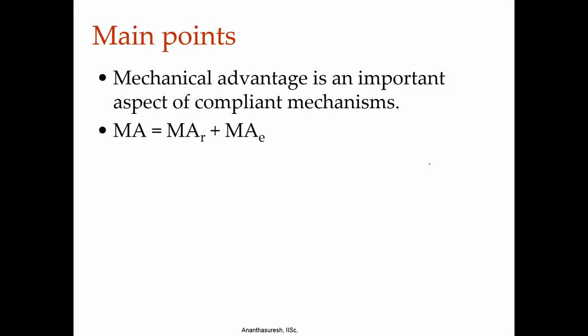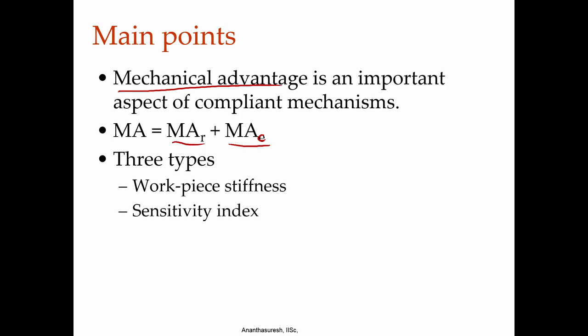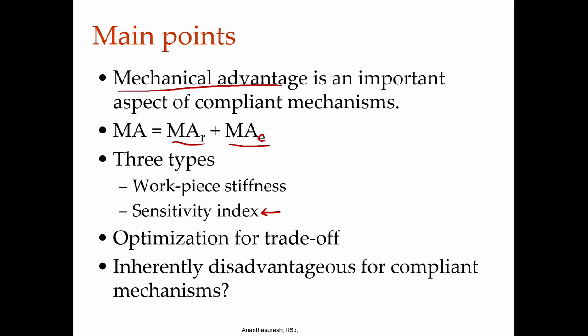So, with mechanical advantage, with the work that was developed by Solomon and Midha, one can go a little farther, and let us just summarize. It is a very important aspect of designing compliant mechanisms, that is mechanical advantage. It has a rigid body and an elastic or compliant part to it, and three types of mechanical advantage can be defined based on workpiece stiffness, input force, input displacement, output force, output displacement. More important, sensitivity to the workpiece stiffness is an important aspect that we need to remember, and we can do optimization for the trade off. Inherently it is a disadvantage of compliant mechanisms when it comes to mechanical advantage,